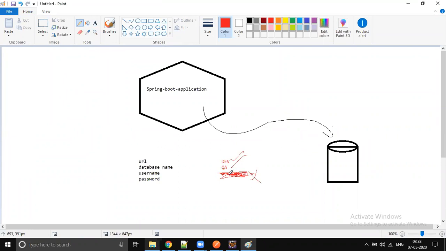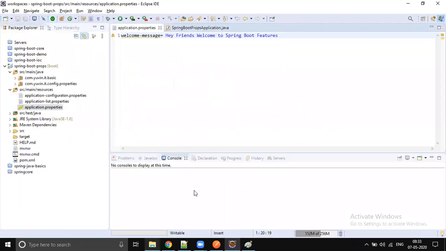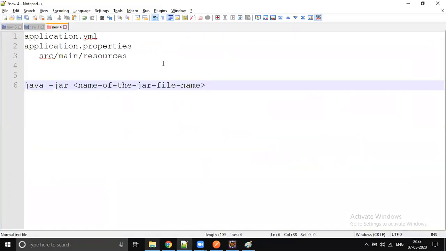Then what should we do? Instead of hard coding the details in the properties file, we need to pass that configuration dynamically, right? Instead of packaging this configuration, instead of sharing this with the developers, what we do is pass it dynamically. What does dynamically mean?